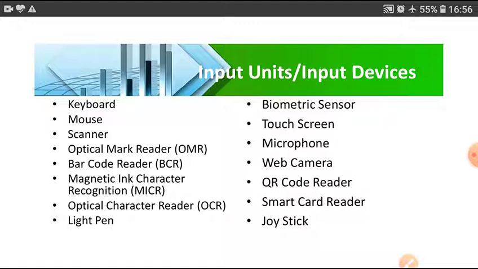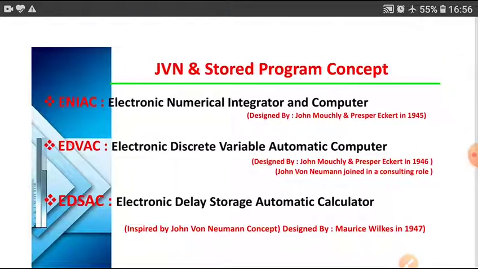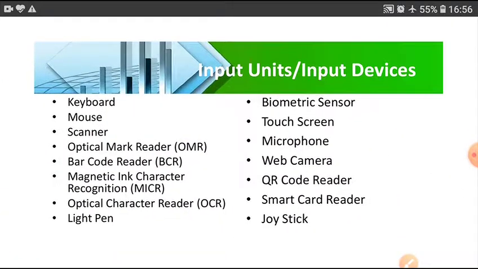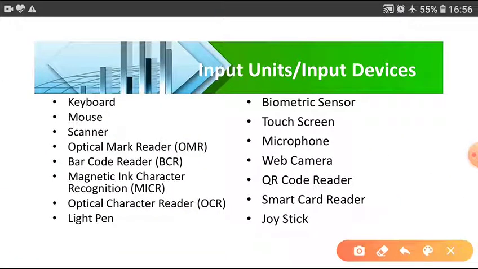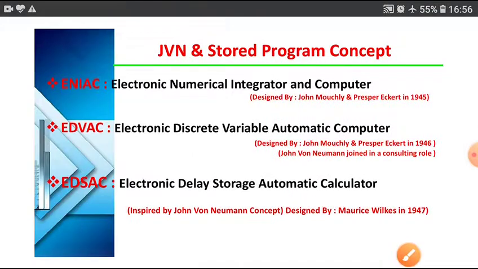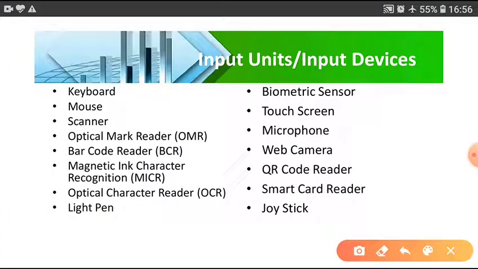See the list of input devices: keyboard, mouse, scanner, OMR, BCR, MICR, OCR, light pen, biometric sensor, touch screen, microphone, web camera, QR code reader, smart card reader, joystick.